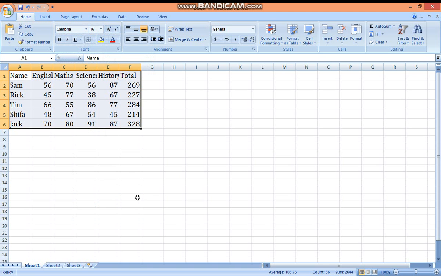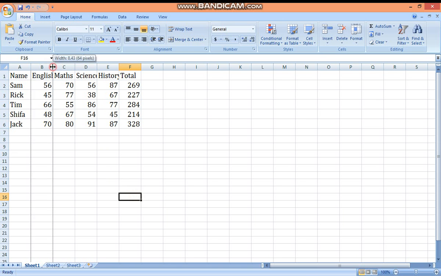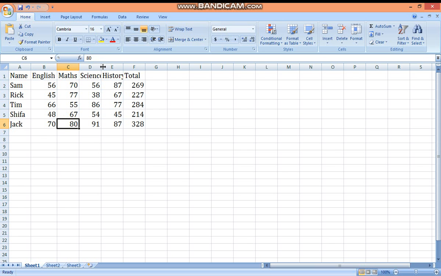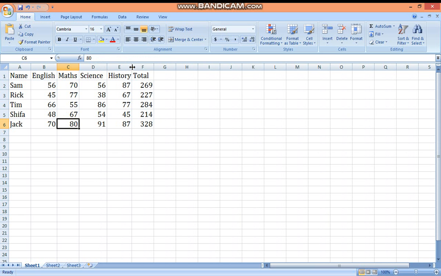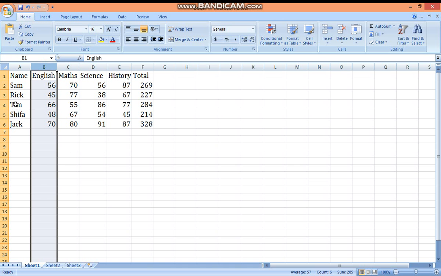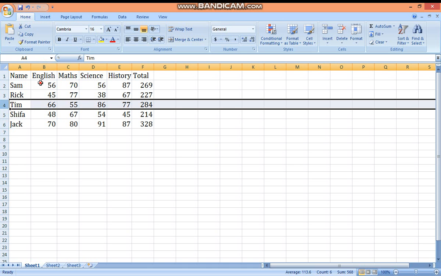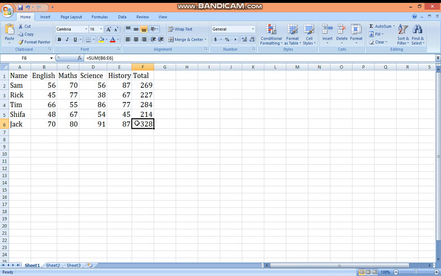Then change the size. Then you can see on top, where I have written English, maths, the words are hidden behind. Just double click on this line here. See, the mouse pointer sign will change. Double click. Or you can press your mouse on this line and make it big. Understood? Now the numbers should be at the center of your column. These highlighted things are called columns, and this side is called rows.